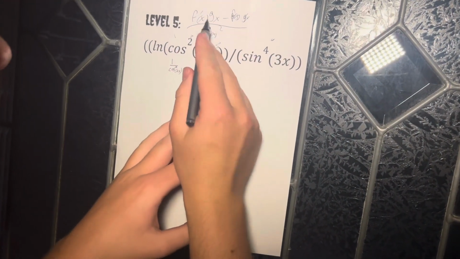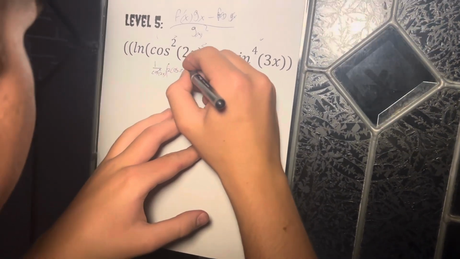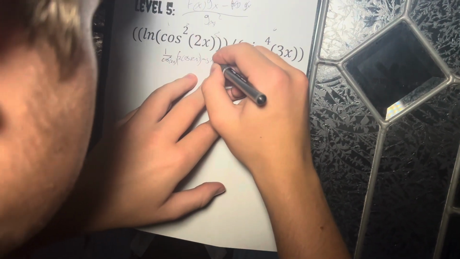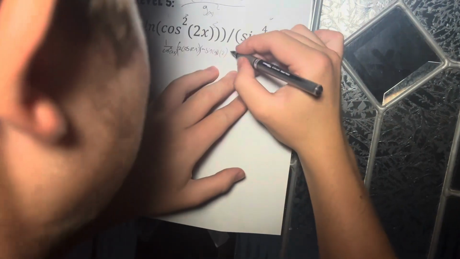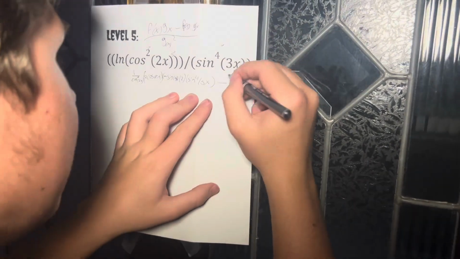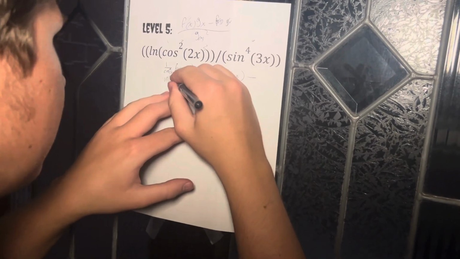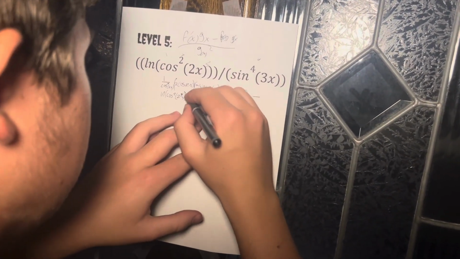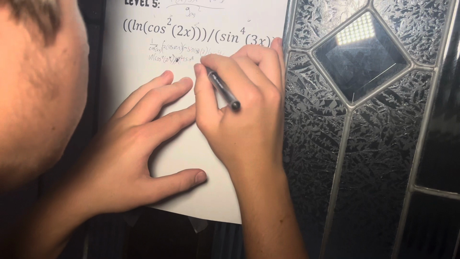And so this times 2 cosine 2x times negative sine 2x times 2 times sine 4 3x minus, and we're going to move the minus down here, ln of cosine squared of 2x divided by, it'd be, scratch that, multiplied by 4 sine cubed 3x